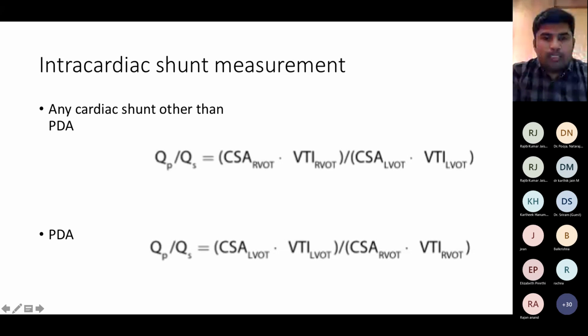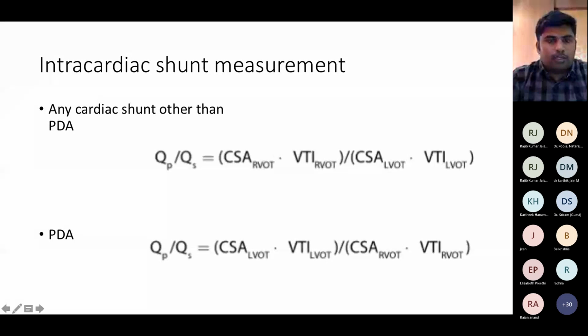This shunt calculation formula holds good for any shunt proximal to the right ventricular outflow tract or left ventricle. If the shunt is at a different location, this formula cannot be used. In that situation, the blood returning from the pulmonary circulation to the LV can be used as the pulmonary blood flow, which can be measured from the cross-sectional area and stroke volume of the LV. Similarly, the blood returning to the RV can be used as the systemic flow, which is measured by the stroke volume of the RV.